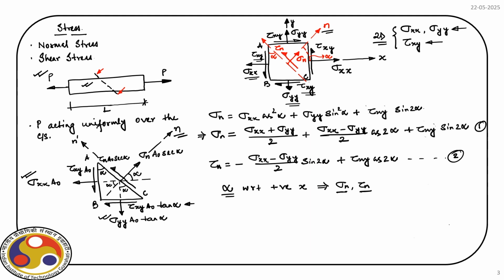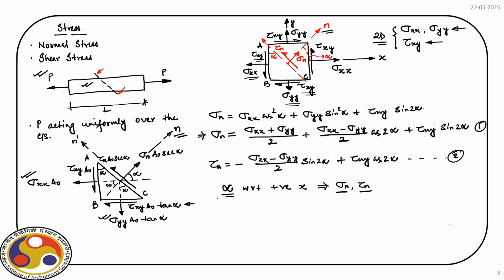So, with that logic, if I extend it to the design problem, if you recall in the last class we discussed that when we design a structure, our main aim is to select a material which has sufficient strength, right. Obviously, in this case we have to select a material which will offer sufficient strength against normal and shear stress, which is governed by this angle alpha. Let us consider first a few special case and then we will further discuss on this issue. So, special case,